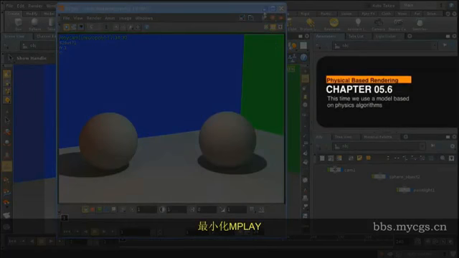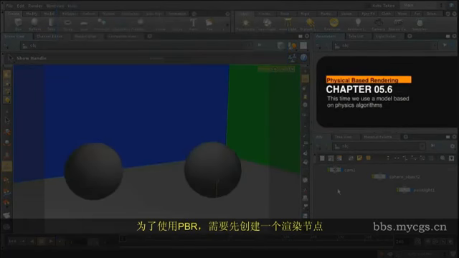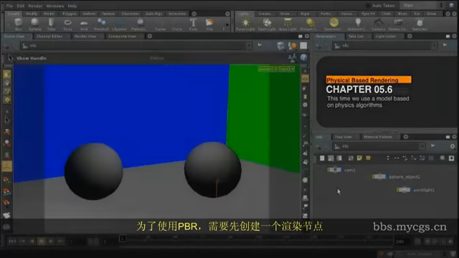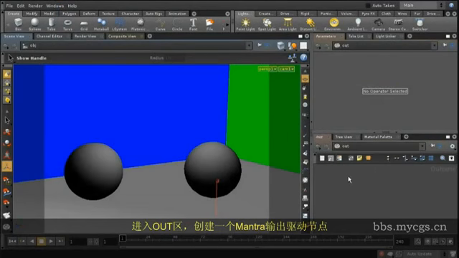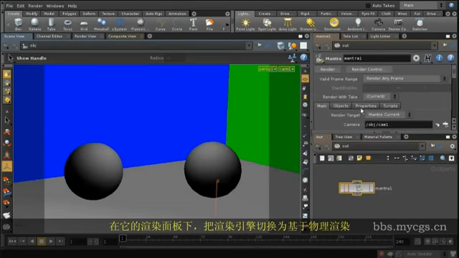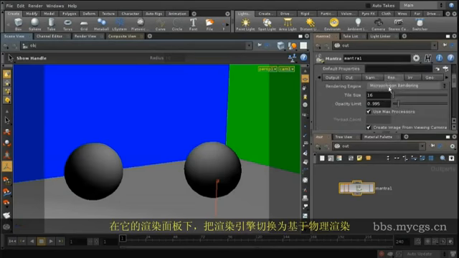Let me begin by minimizing mplay. And now to be able to use physically based rendering, or PBR, we have to create a render node. So let me go to my out context, and here I will just create a mantra output driver. In its properties, under rendering, I'll just switch from micropolygons to physically based rendering, and that's all I have